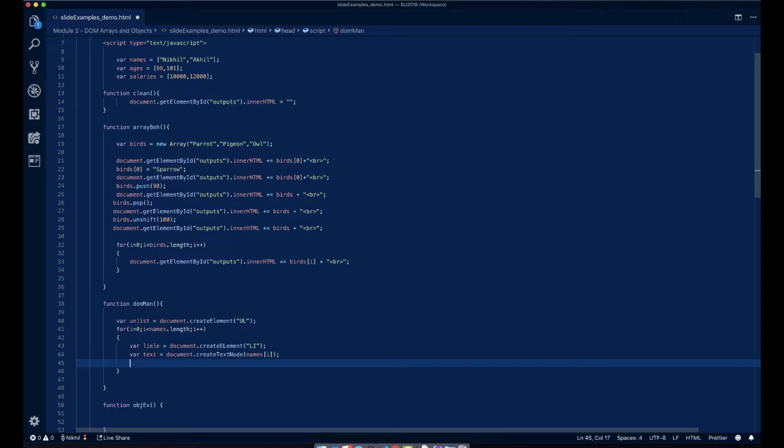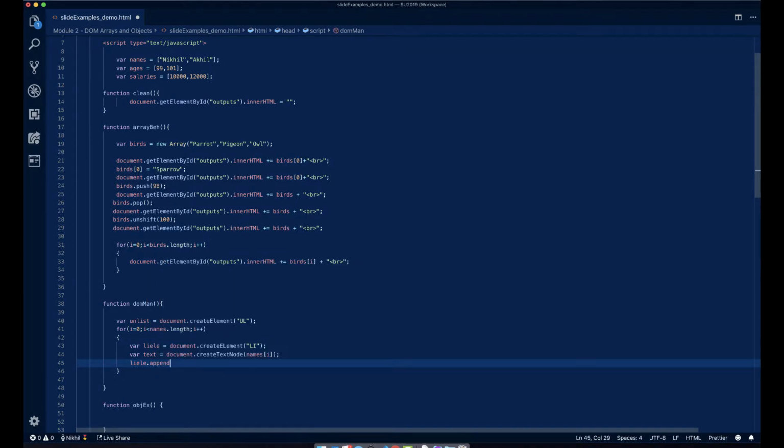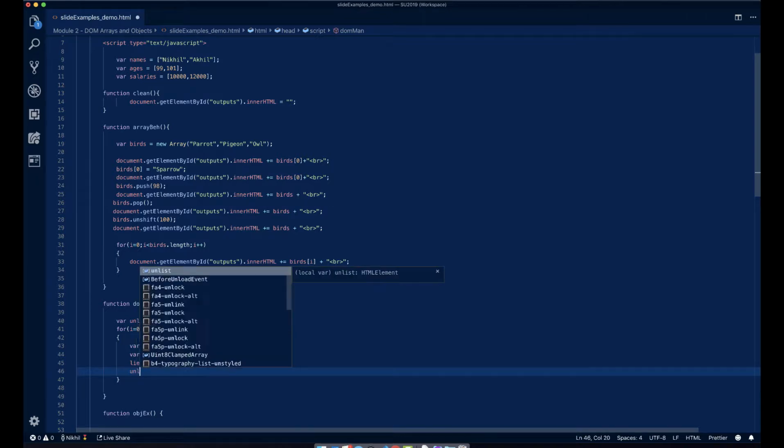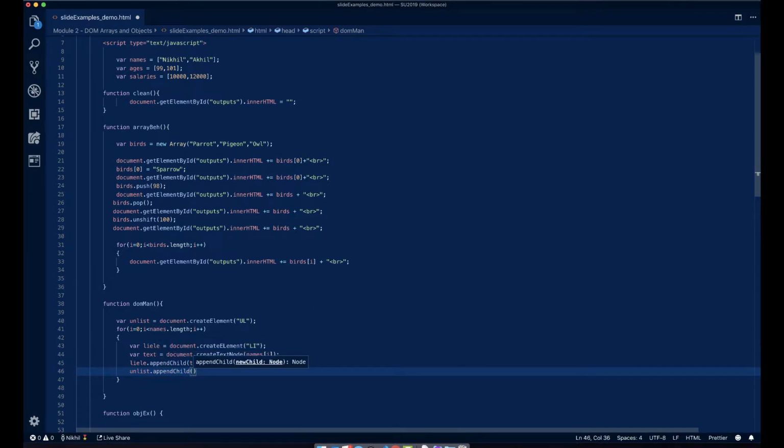So what I'm going to do is I want to say the li element has a child, and the child is the text element. And after I have added the text element as a child to the li element, to the unlist element, I'm going to append a child, and that is going to be